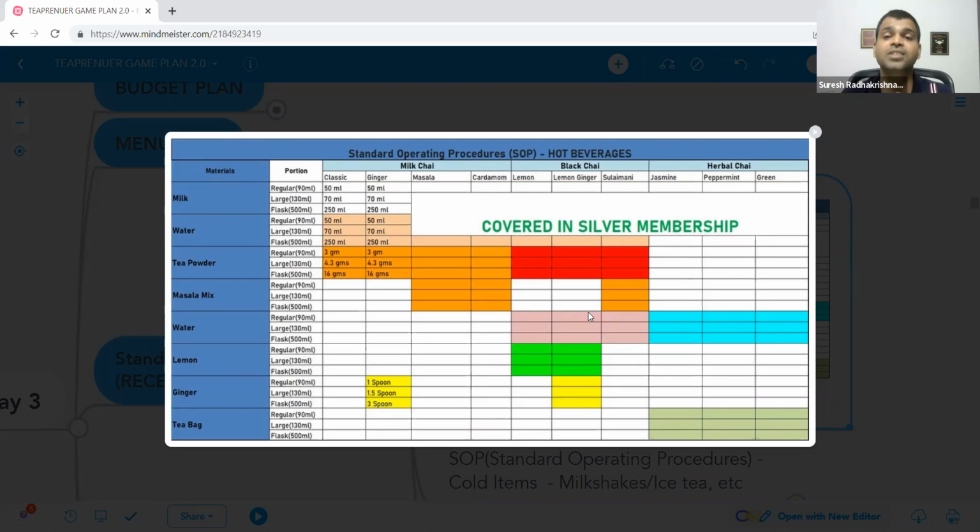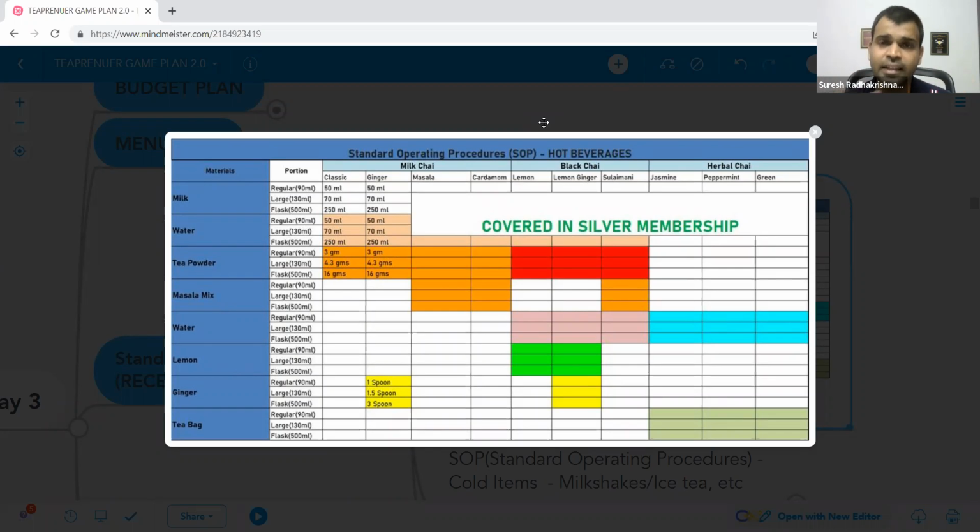Yes, this is one such example where anybody can prepare tea. I've created a system where anybody who comes in can become a tea master in just one day. That's the kind of standard that we have created. It's all based on measurements, tools, and systems, very simple systems that anybody can follow, because you're going to hire low skill manpower. So for them to understand, you need to put it in a very simple format, not make it complicated. Okay. So given two flavors here, milk tea, classic and ginger.